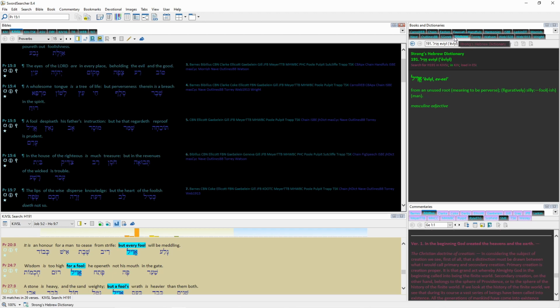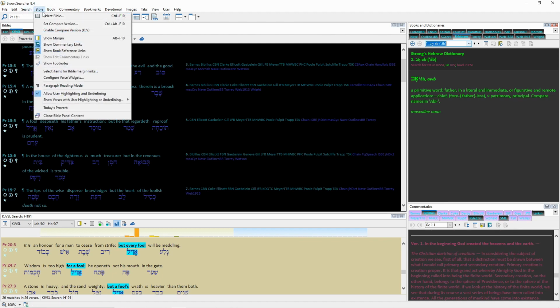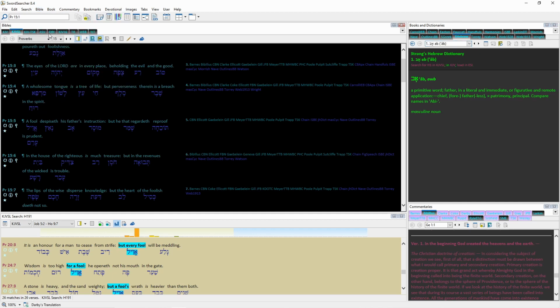Now, if you come up here, you'll see Strong's Greek and Strong's Hebrew. If you come over here to your Bible section, you can input all of these different Bibles. You can come up here to the Bible, select your Bible, and do your compare version. These are all the Bibles that I have on deck, I guess you could say.